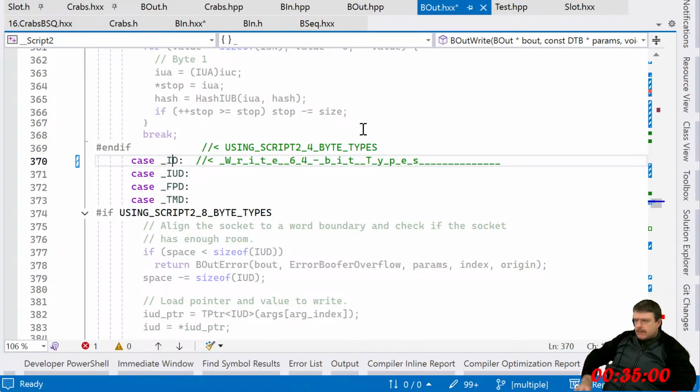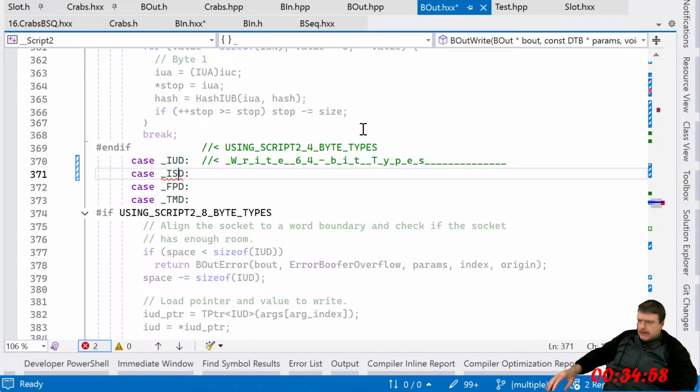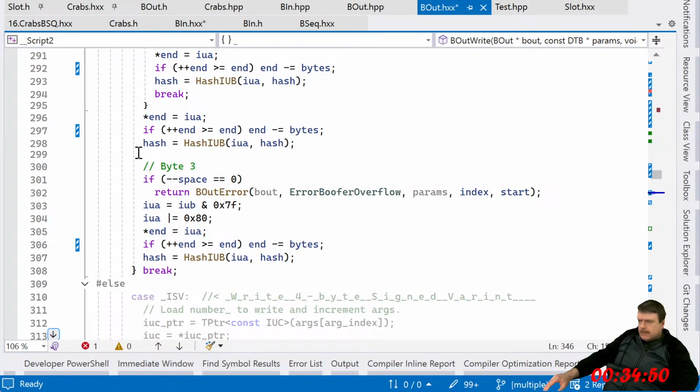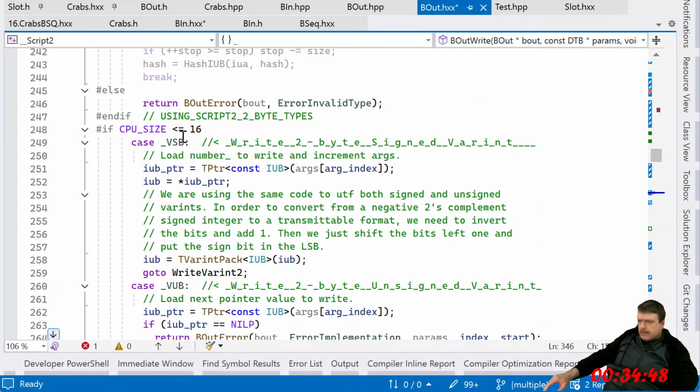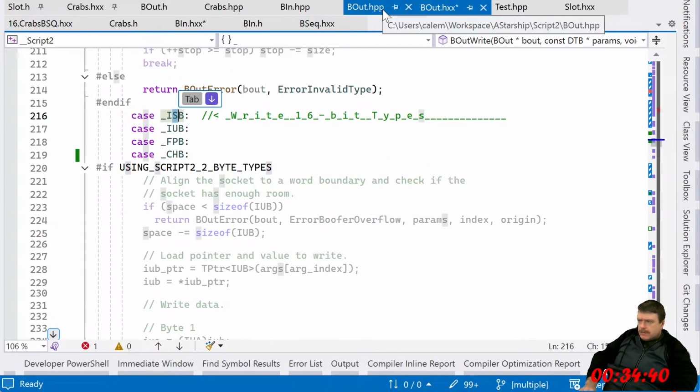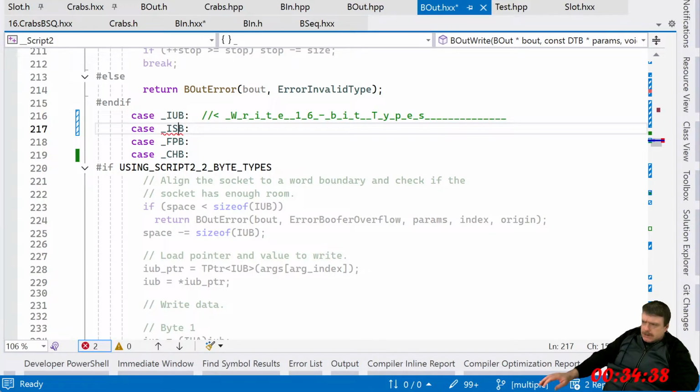Signed. Unsigned. Unsigned, signed. Unsigned.